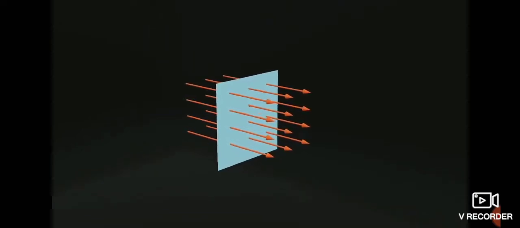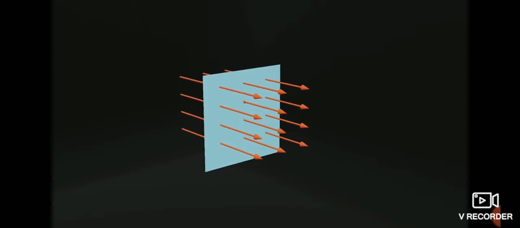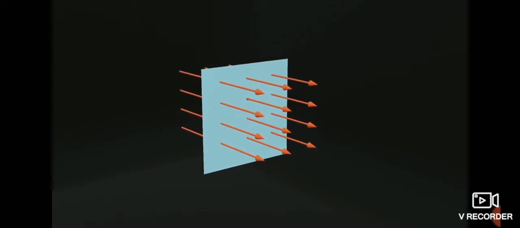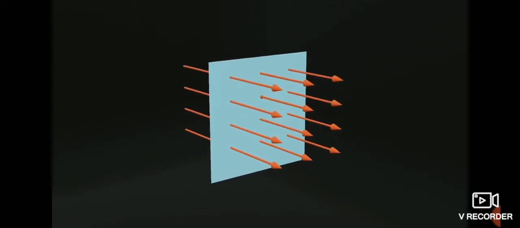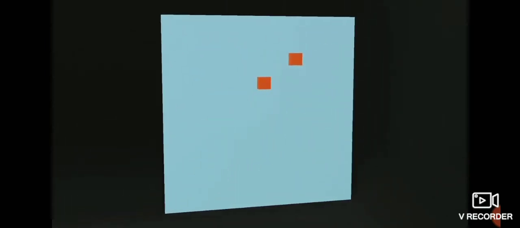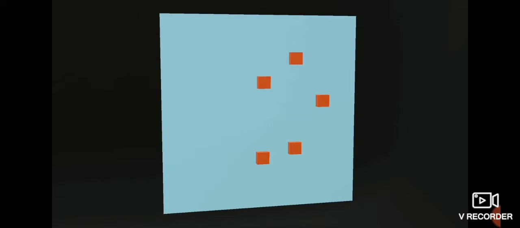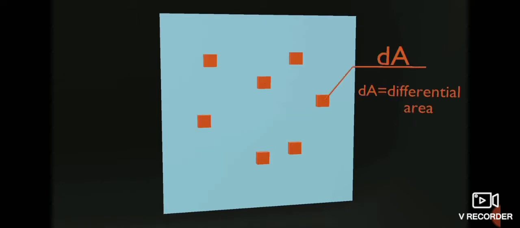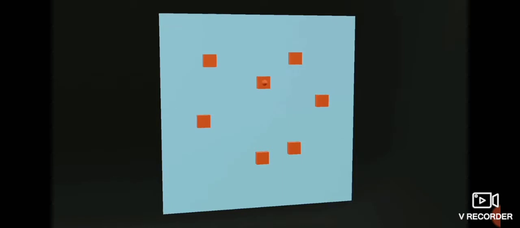Consider the surface with these electric field lines. Now we have to consider a small area. We are going to express the Gauss law. It will be considered for the closed surface. So we have to consider a small area of the electric field lines. Now the small area is defined as dA. dA is the differential area of the electric field lines across the surface.